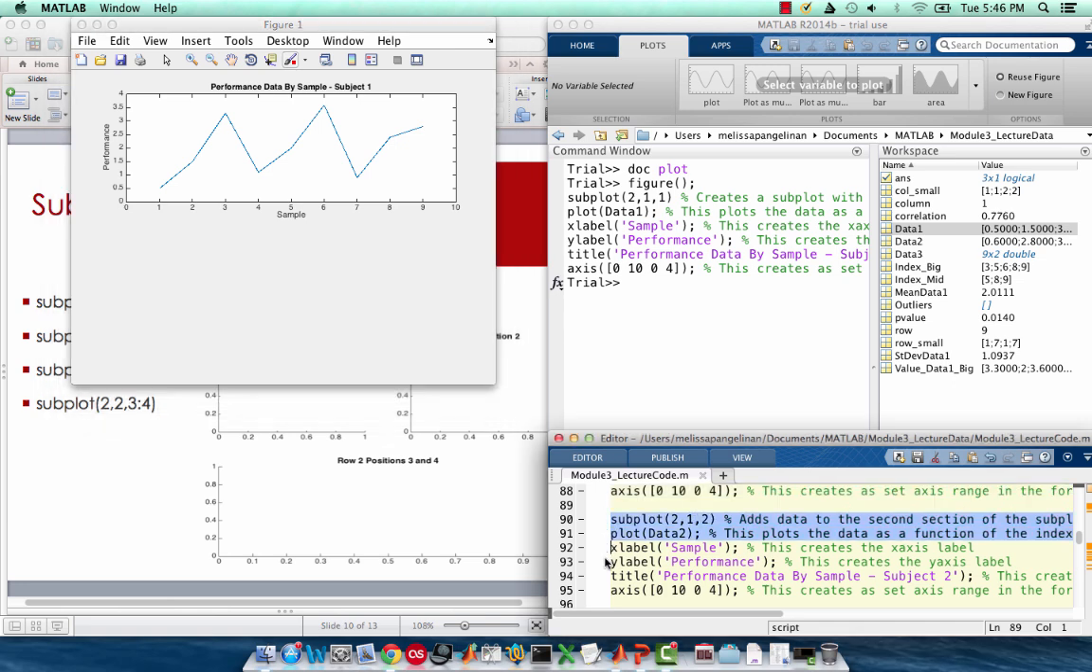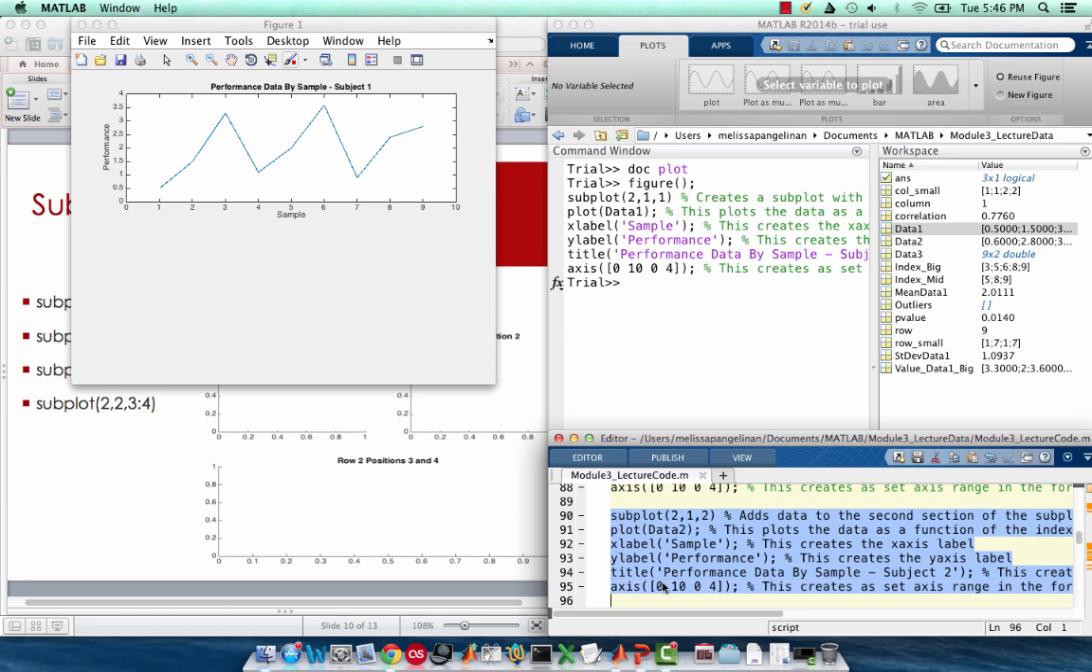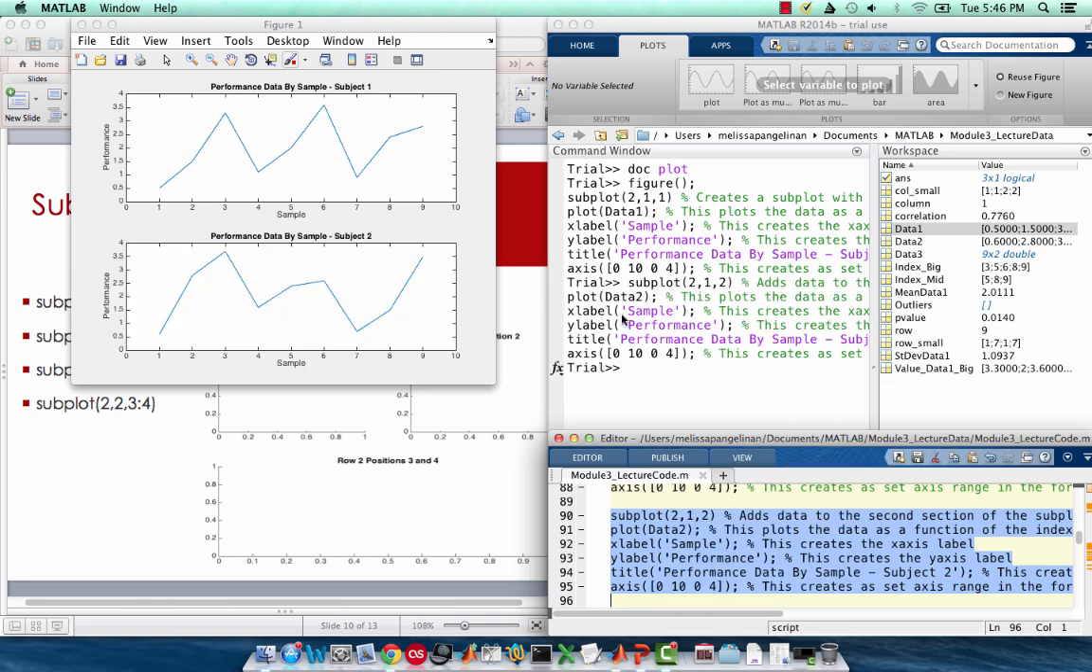And I can plot data 2 in the same way I plotted data 1. Again, using the axis command, I can make sure that both of these data plots are on the same range. And here we have our data for subject 2. In many ways, creating codes like this simplify and automate your data analysis pipeline rather than having to click through